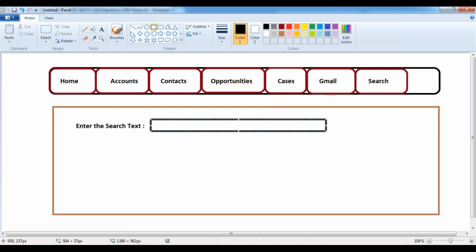So now we are placing one text box over here. And along with that, they want us to place one button control with the name search records.